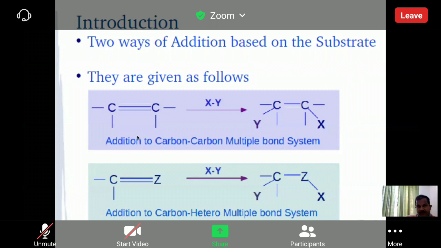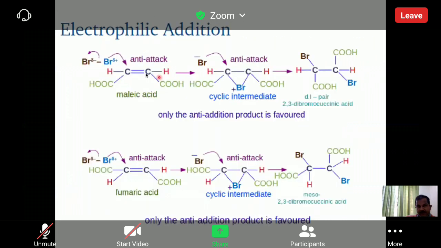So this will attack here. And now it is forming a cyclic transition state intermediate, not forming a single bond here. Now this side is blocked